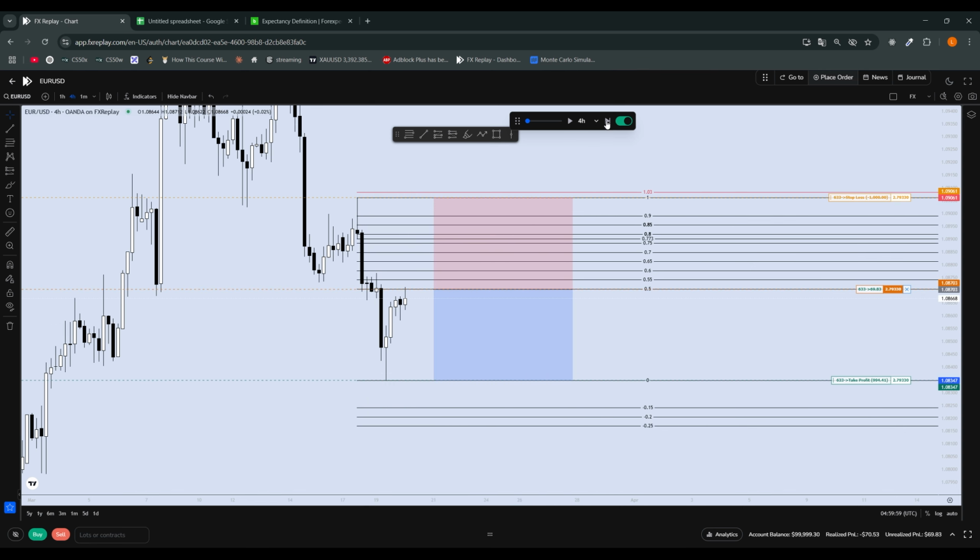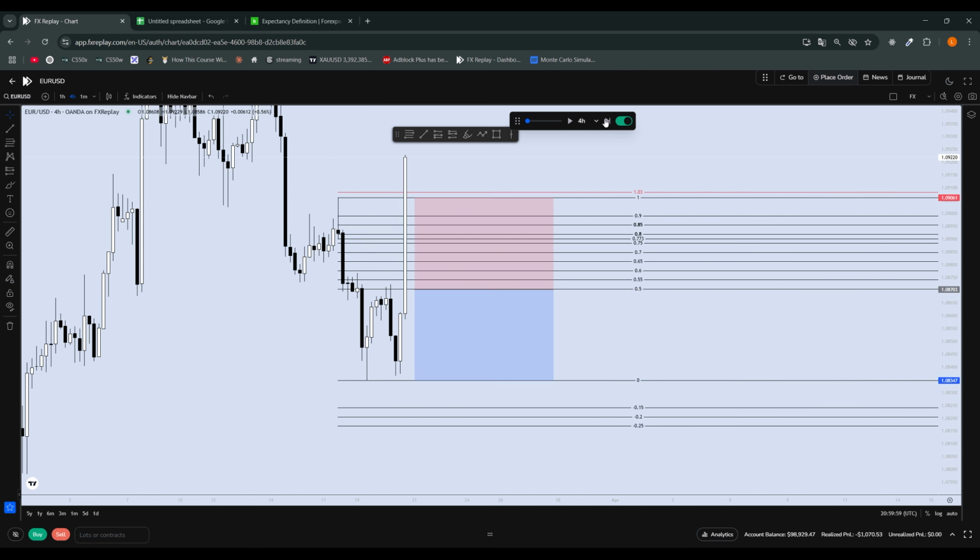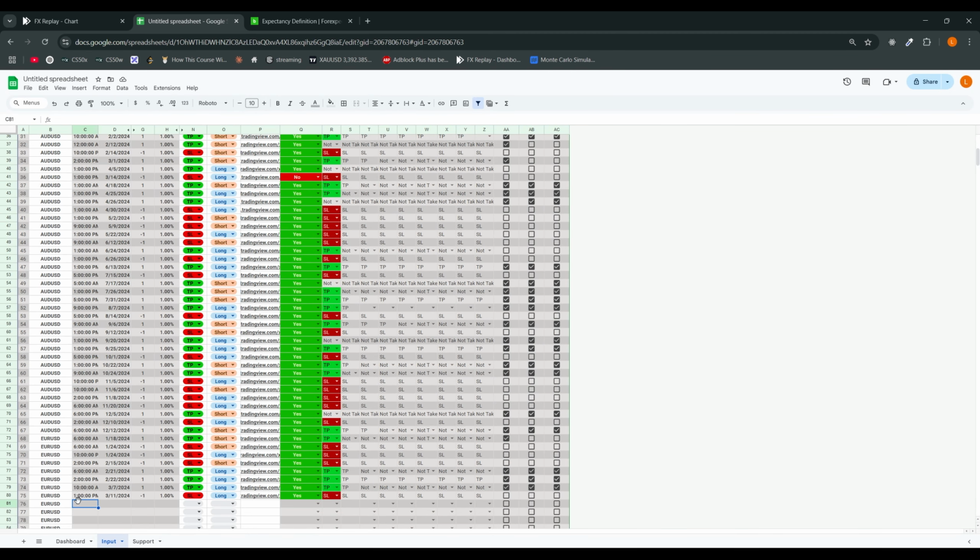So it's a limit order. Let's see, we got tucked in like this and closed out. So let me take a screenshot. We got tucked in on the 20th of March at 5 a.m. I'm following the strategy